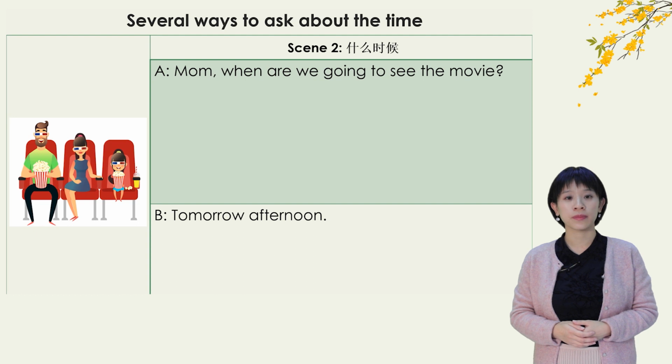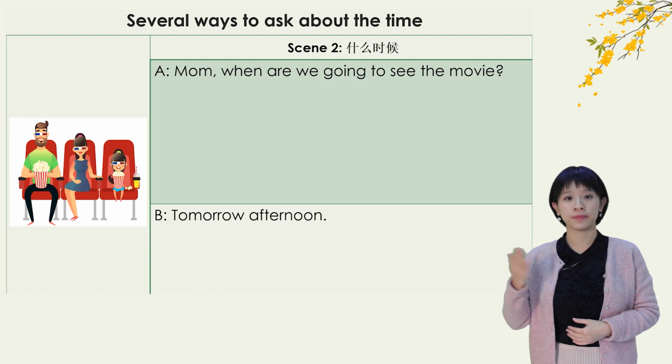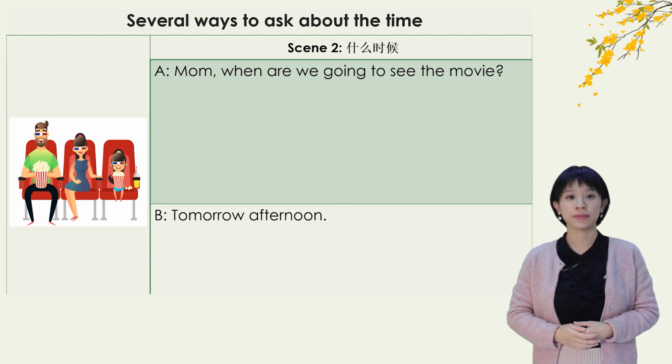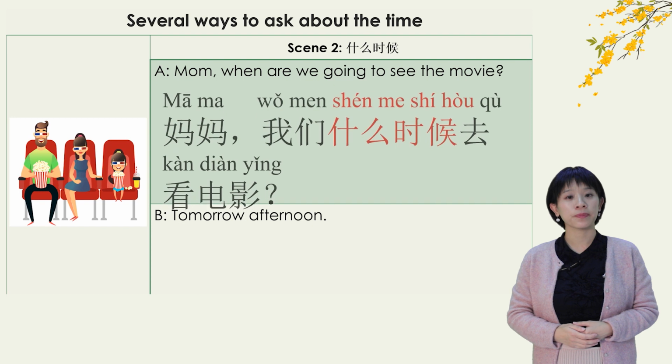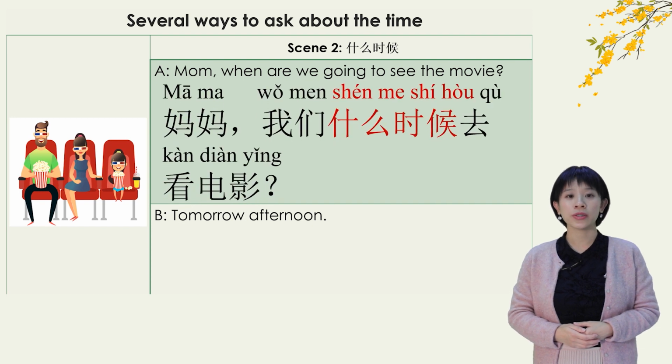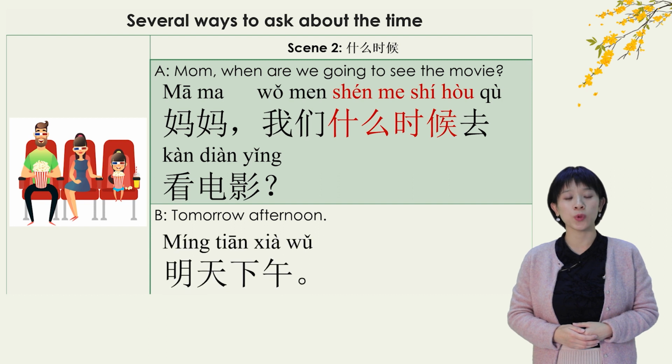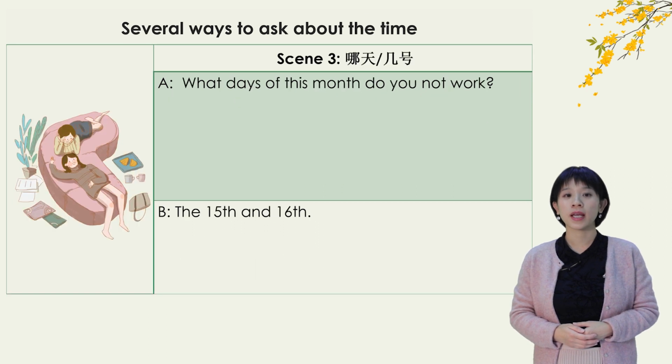Example 2. Mom, when are we going to see the movie? Tomorrow afternoon. 妈妈，我们什么时候去看电影？明天下午。